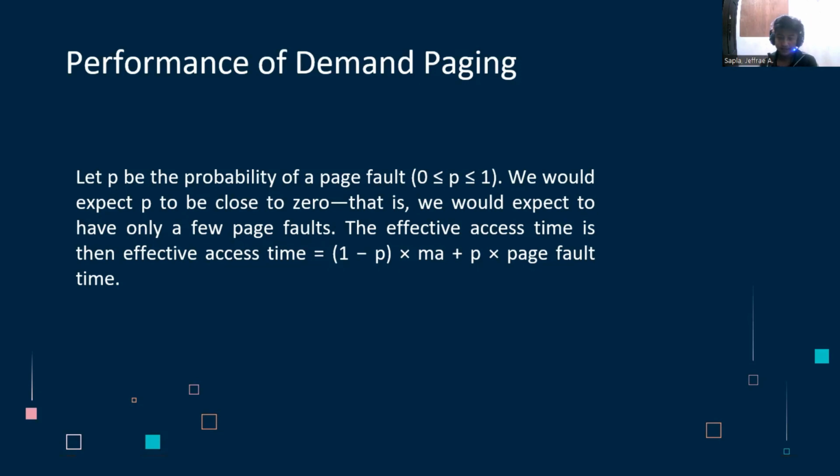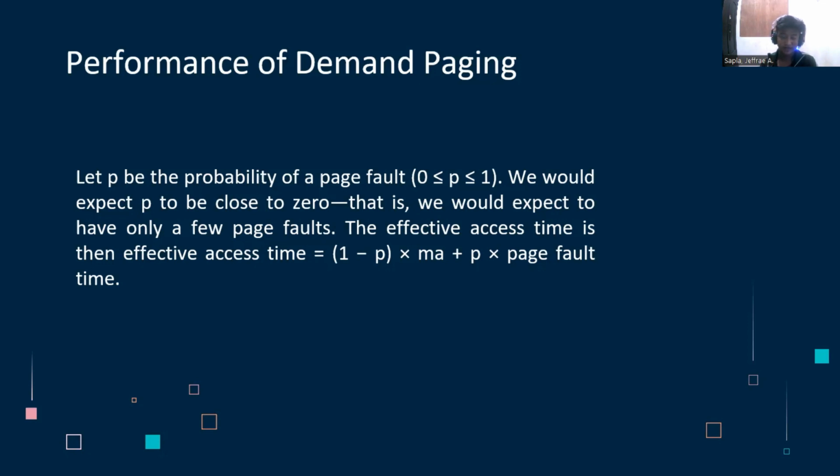So, let P be the probability of a page fault, 0 is less than or equal to P less than or equal to 1. We would expect P to be close to 0. That is, we would expect to have only a few page faults. The effective access time is then: effective access time equals (1 minus P) multiplied by MA plus P multiplied by